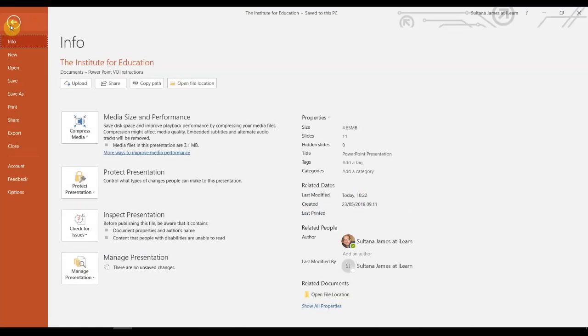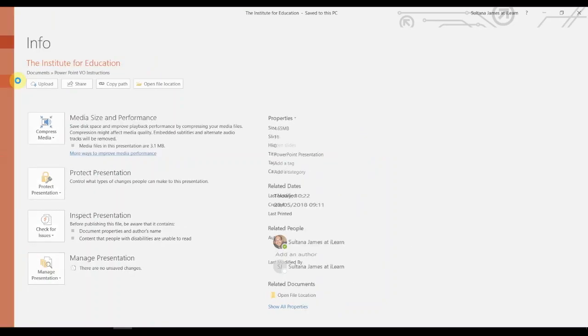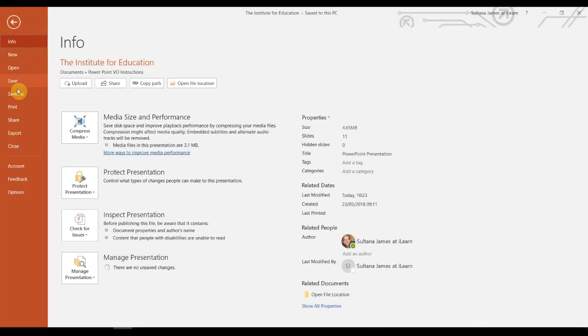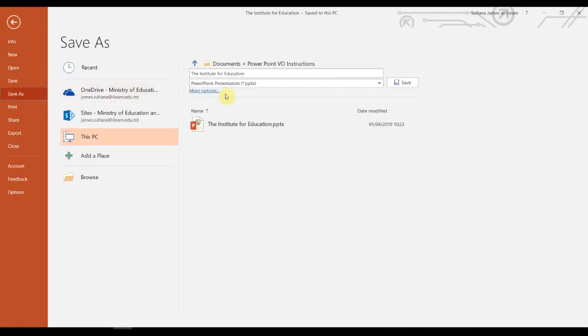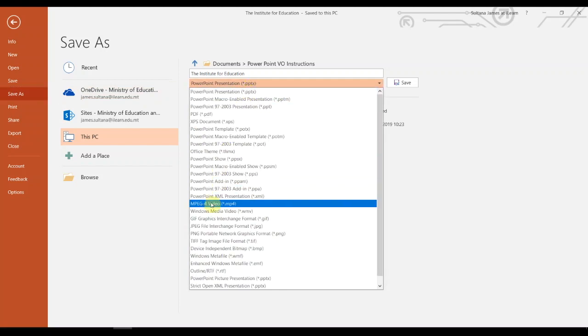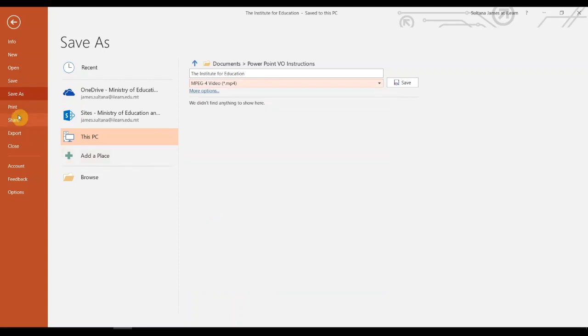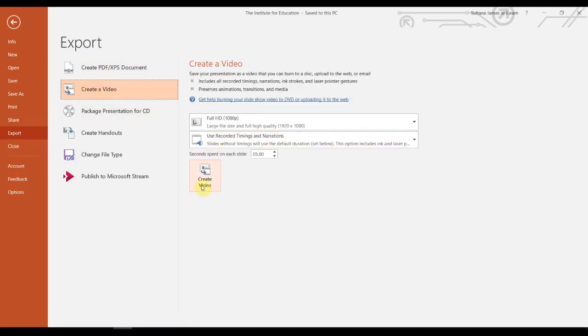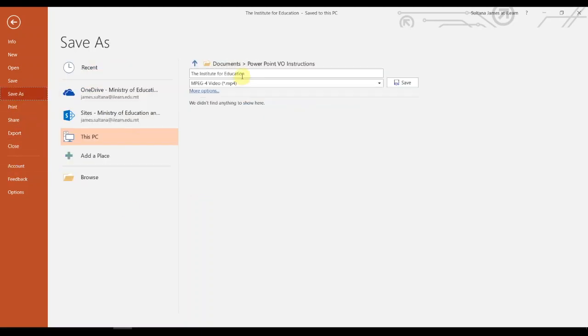Now, what you need to do is save. First of all, use the normal save button so as to be sure that your work has been saved. Then go to Save As, and you can save it as an MPEG-4 video. If you're using a Mac, please use the Export button and create a video. Let's continue saving. In our case, using MPEG-4 video,